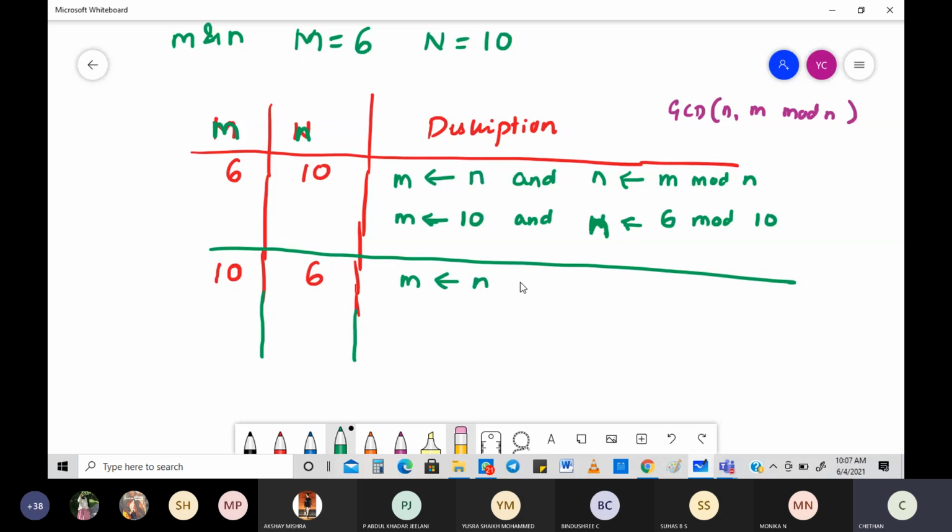So what does this mean? You are going to get the m value, whatever is there in n, 6 will be coming here, and the n value, you are going to get a value like this. What is that value? 10. Be careful, I'm not doing anything new. Please keep that in mind. These are some things which you look at and you will understand. 10 mod 6. What is 10 mod 6? You will be getting equal to 4. So next step, what are you going to get in the next step?